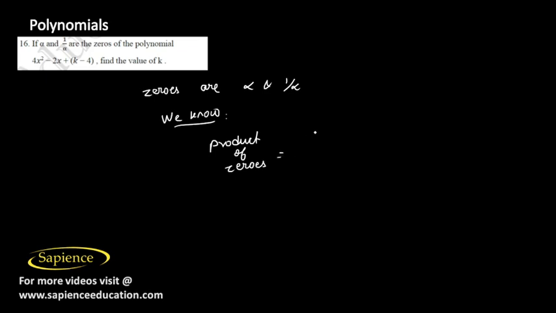Next question is, if alpha and 1 by alpha are the zeros of the polynomial, then find the value of k. So the zeros are alpha and 1 by alpha. Now we know from the relation between zeros and coefficients that product of zeros is equal to the constant term divided by coefficient of x square. So the product of the zeros will be alpha into 1 by alpha is equal to constant term is k